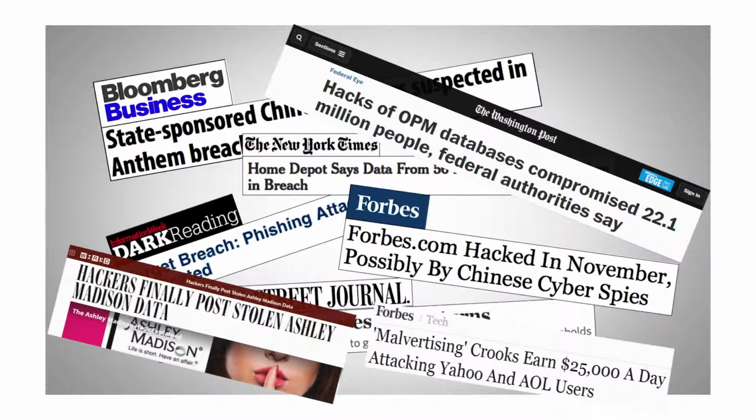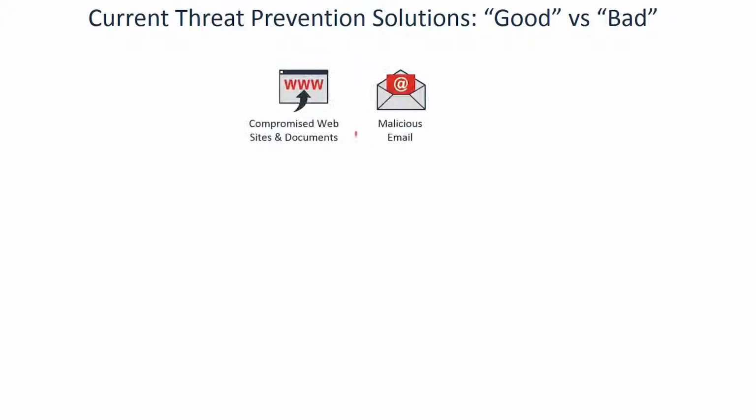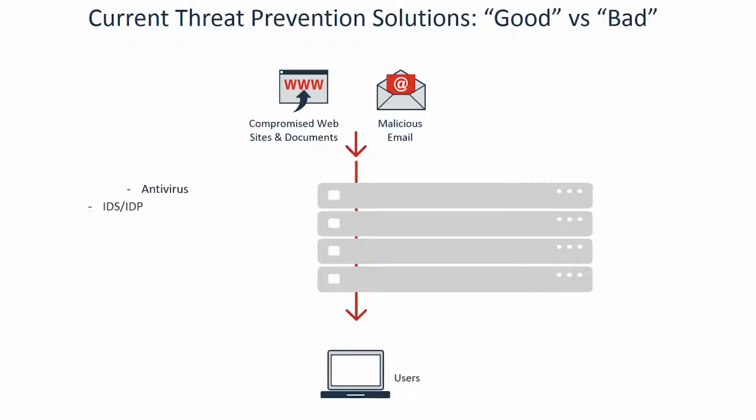The main reason why we keep hearing about these successful attacks every single week, and of course, there's a lot that we don't hear about, is that traditional approaches to solving the malware problem, which are all detection-based, are completely failing us. We know that web and email are the source of over 90% of the attacks. In the last 20 years, we've thrown everything at the problem to figure out how to stop these attacks. We've thrown antivirus signatures, IPS, firewalls, and lately we've been trying sandboxing technologies and machine learning, and none of it